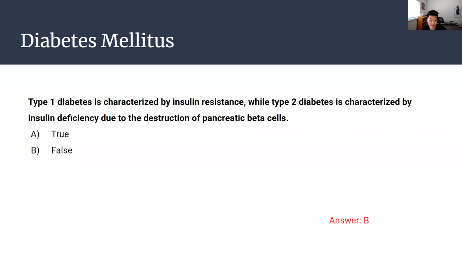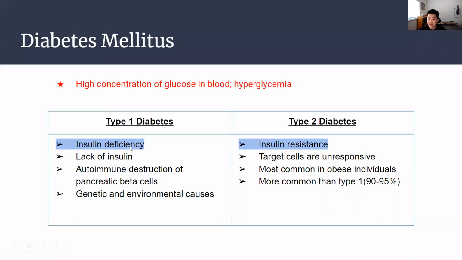So the correct answer is B. It's false. This statement is false, right? Because type 1 diabetes is characterized by insulin deficiency. I'm going to go back to the previous slide. Type 1 diabetes is characterized by insulin deficiency, when there's a lack of insulin, and it's caused by genetic and environmental factors. Type 1 diabetes is when the beta cells of our pancreas are destroyed,